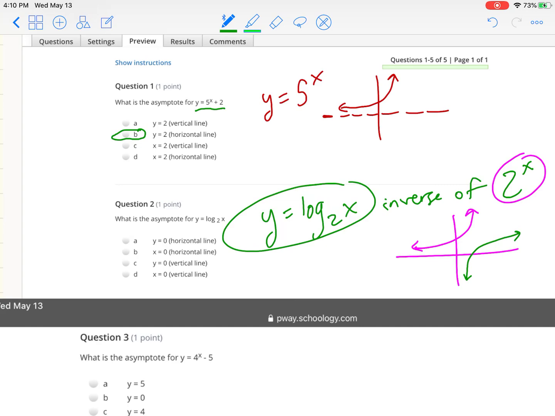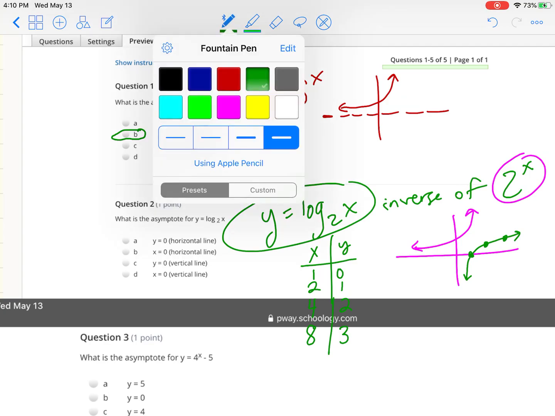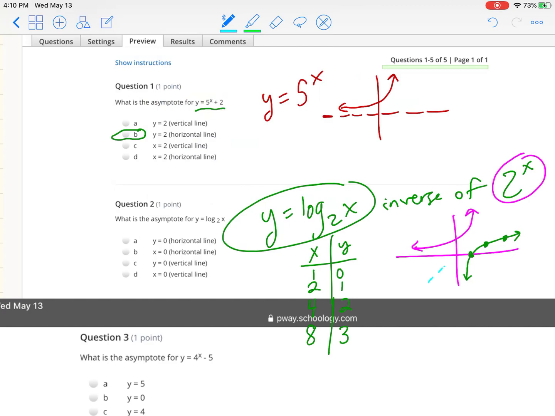I would love you to be able to say the log of 1 is 0, the log of 2 is 1, the log of 4 is 2, and the log of 8 is 3. And graph those dots, 1, 0, 2, 1, 4, 2. You know, if you can do that. Otherwise, take 2 to the x and reflect it over the graph y equals x,